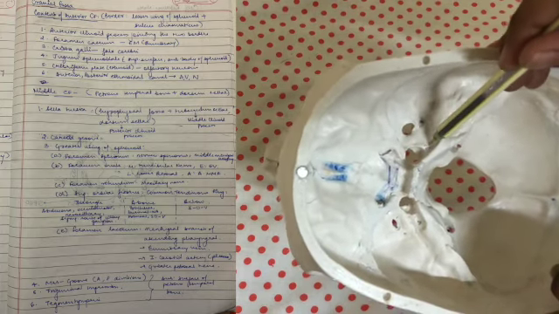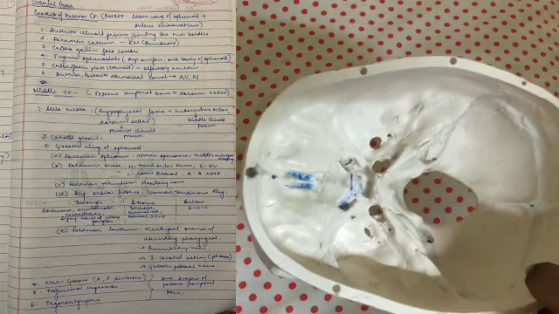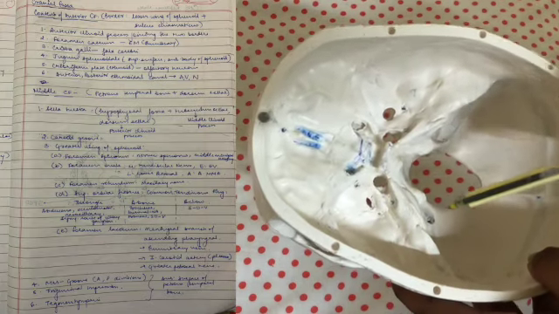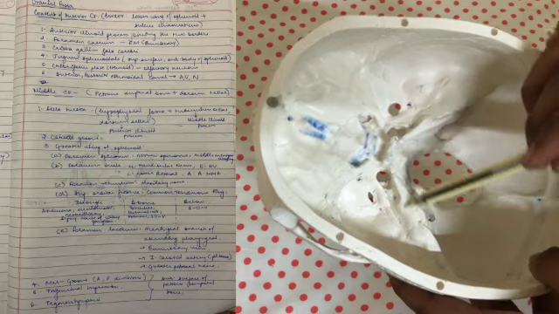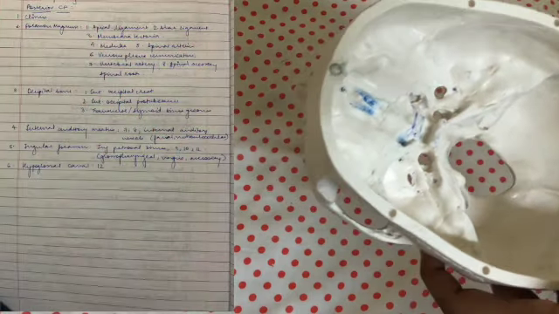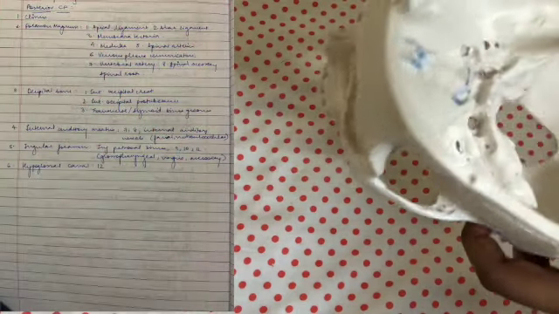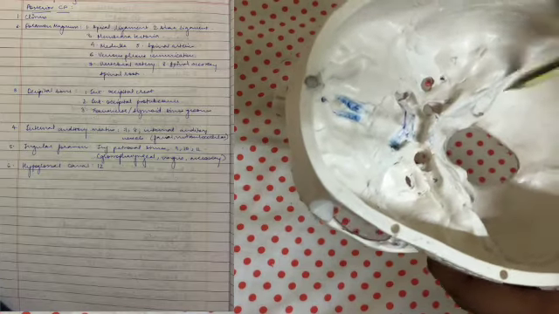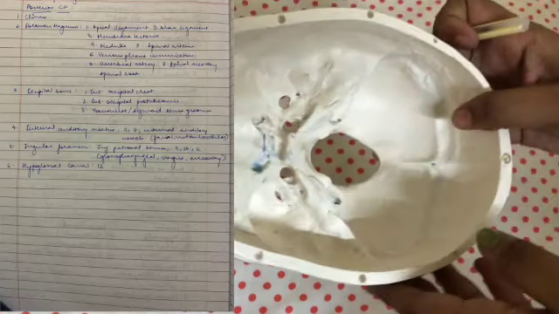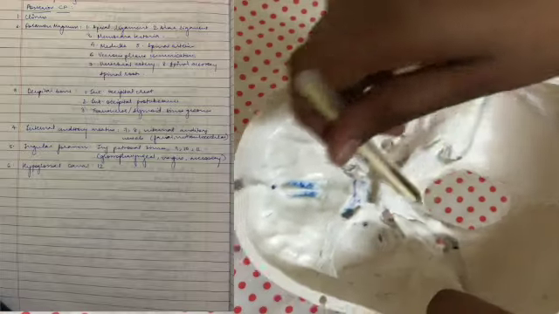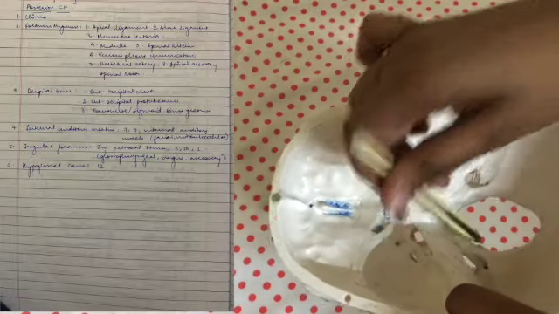And then you also have the tegmen tympani. It's a very thin bone and it forms the roof of the middle ear. Now finally, let's talk about the posterior cranial fossa. Okay, this small slide-like thing that you're seeing that goes into the foramen magnum is the clivus. This is where the midbrain lies.